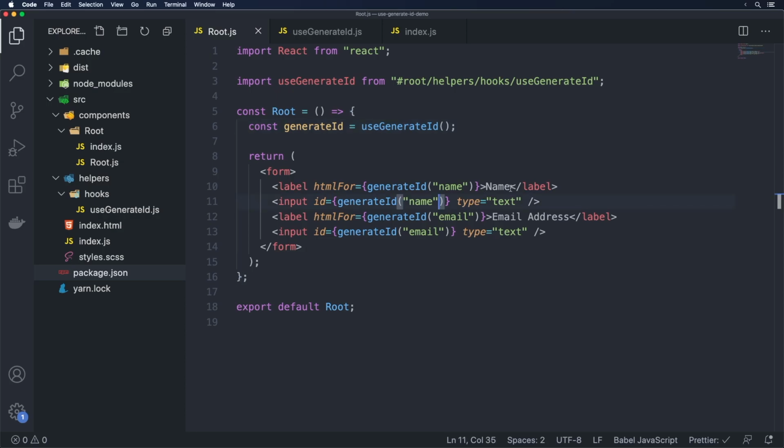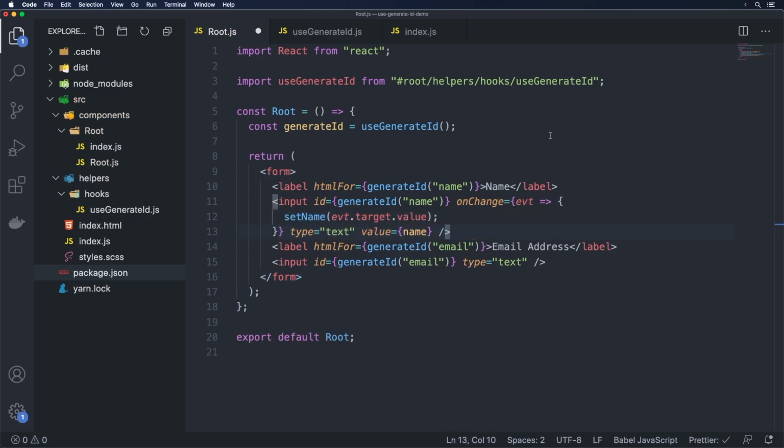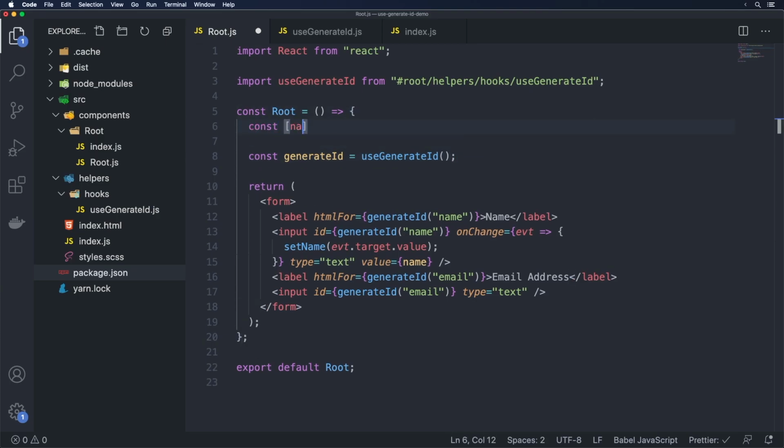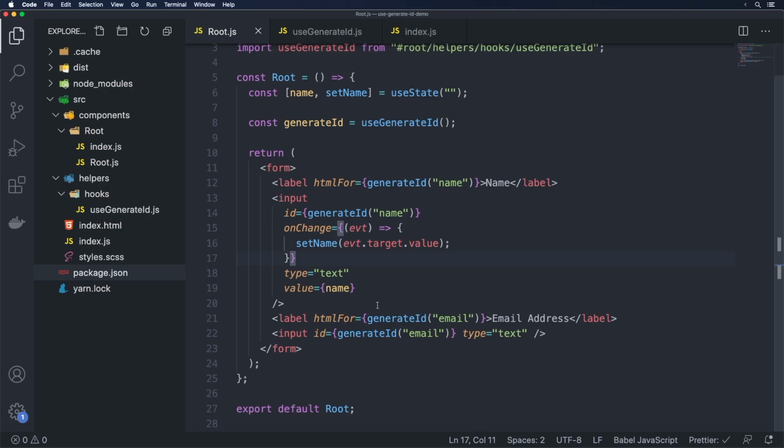So we'll do a little value for the name. So value equals name, and then we'll do an onChange. So this one we can just have an evt, setName(evt.target.value) like so. We do something like that. And then we can just do a const [name, setName] = useState. I'm going to rely on Prettier to reformat this for me, hopefully, and then do useState over here as well. So brilliant. Now that we have this here, it allows us to re-render the component,